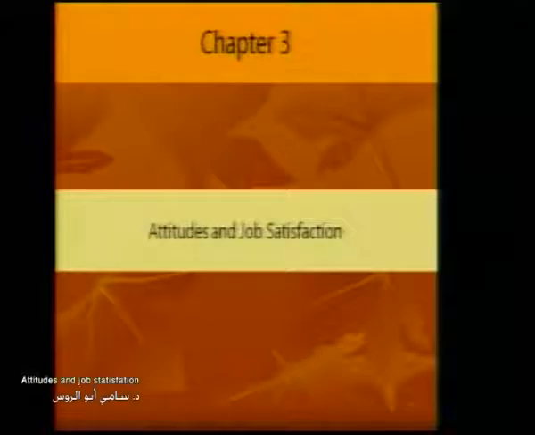Okay, today we'll start with the new chapter, chapter number 3. In this chapter we are going to talk about attitudes and job satisfaction. It is part of individual dynamics of organizational behavior. In a previous chapter we have discussed other factors such as learning, we have discussed issues